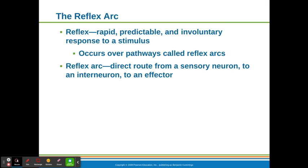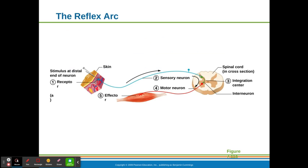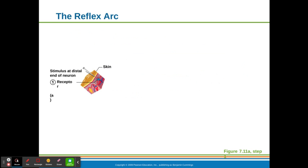All right, so lastly, let's talk about reflex arcs for a second. Now, a reflex is rapid, predictable, and involuntary. It occurs over pathways called a reflex arc, and it's a direct route from a sensory neuron to an interneuron to an effector. So let's go through this step by step. You have this stimulus at the distal end of a neuron. It's going to trigger, we'll say, a cutaneous sense organ. We see right here this kind of light blue substance. That's going to send a message through our afferent neuron, our sensory neuron,